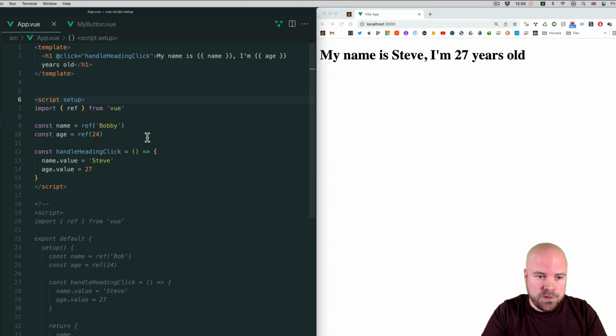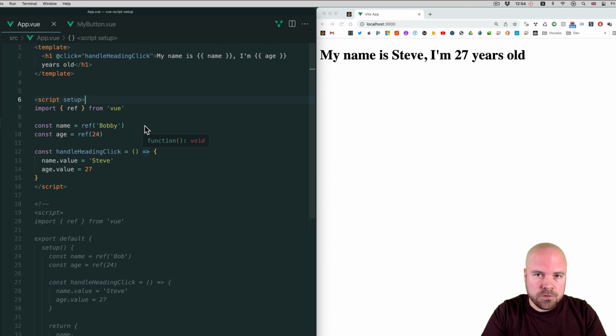So first of all, how would we use this child component in this parent component using the old setup function paradigm? So again, I'll just move these comments, comment out the script setup tags, and we'll do this the old way. So first of all, we need to import the component. So import my button from @/components/my